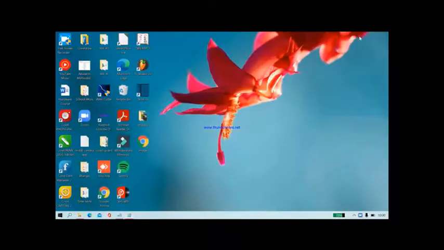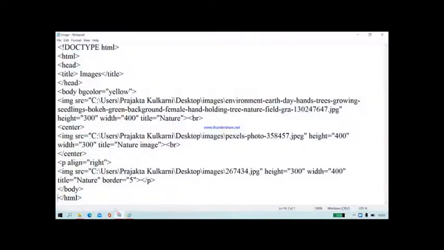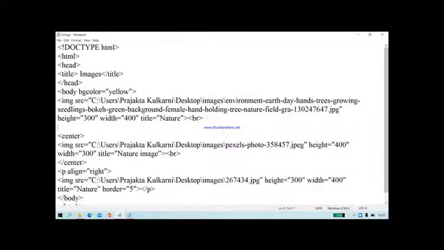Now after this, how will you insert the horizontal line? Suppose after the first image I want to insert a horizontal line. So how to insert? The HR tag is used to insert the horizontal line. Remember, this is a singular tag. HR does not have any closing tag.